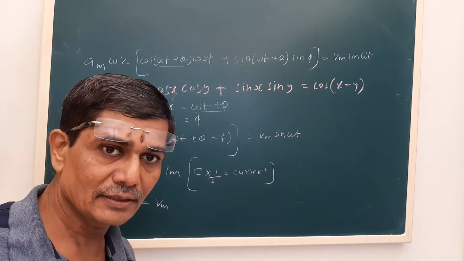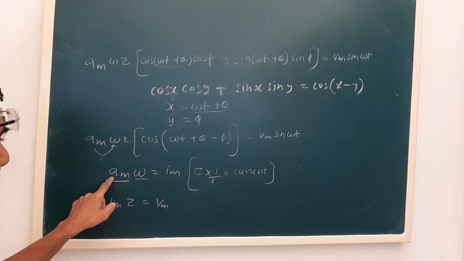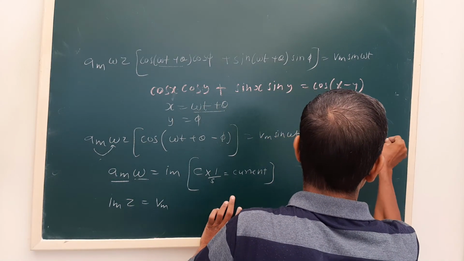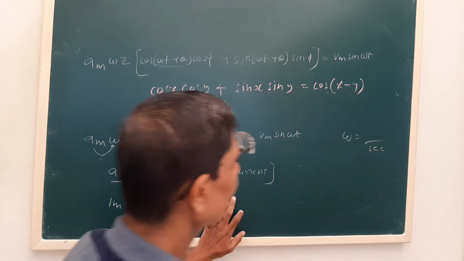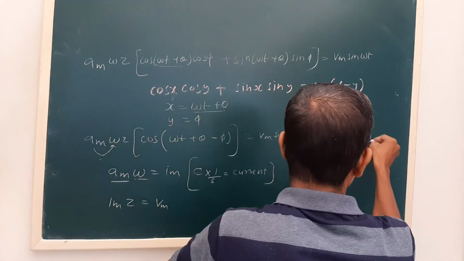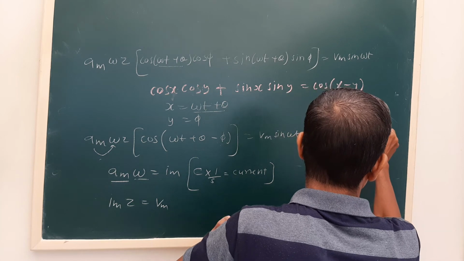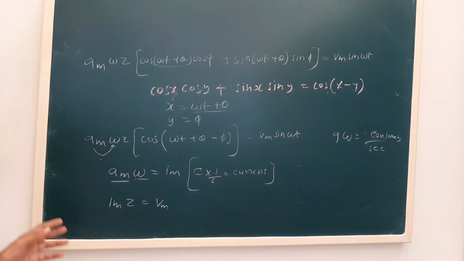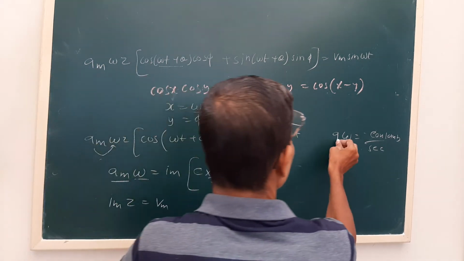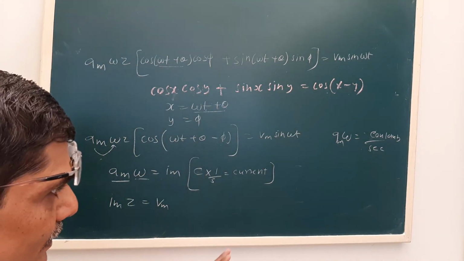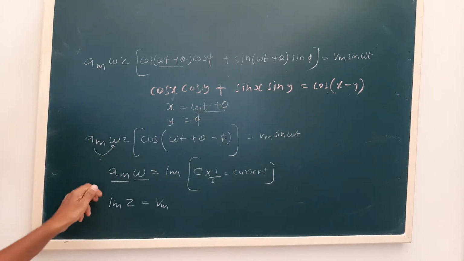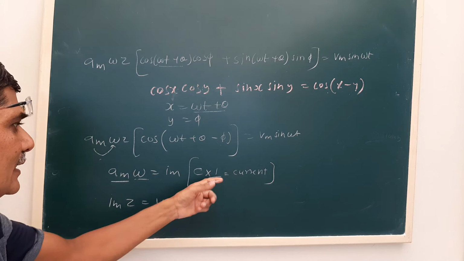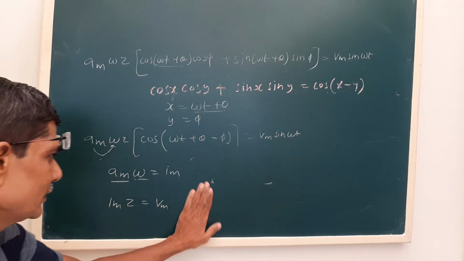Now how does it make current? See, what is the unit of charge? Coulomb. Omega is radian per second, that is 1 upon second. So Q into omega is Coulomb per second, that is nothing but ampere, that is a current. So that's why Qm into omega is Im. That I have shown here, but in the exam you need not show this.